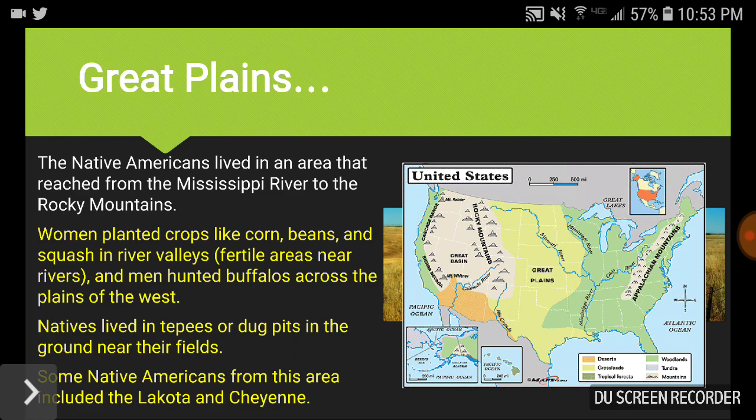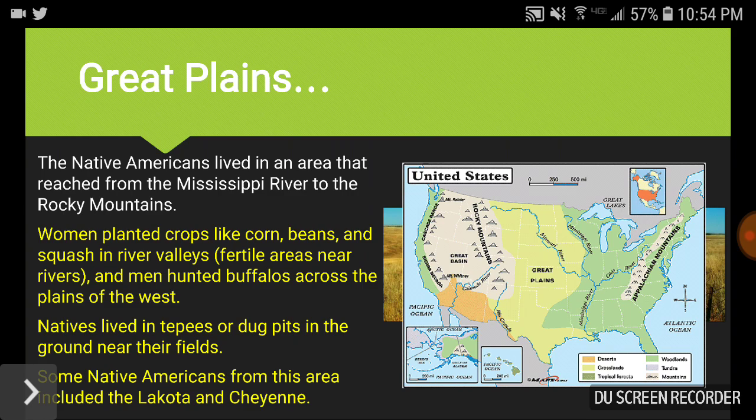And what's basically distinctly different about the Native Americans of the Great Plains compared to other regions is that the Great Plains is a very fertile, soil-rich area. So instead of trying to harvest the rain and make sure you have pots that can conserve your rainwater and your crops, the land was so fertile they could almost plant all year and not have to worry about the rain coming or worry about their crops.